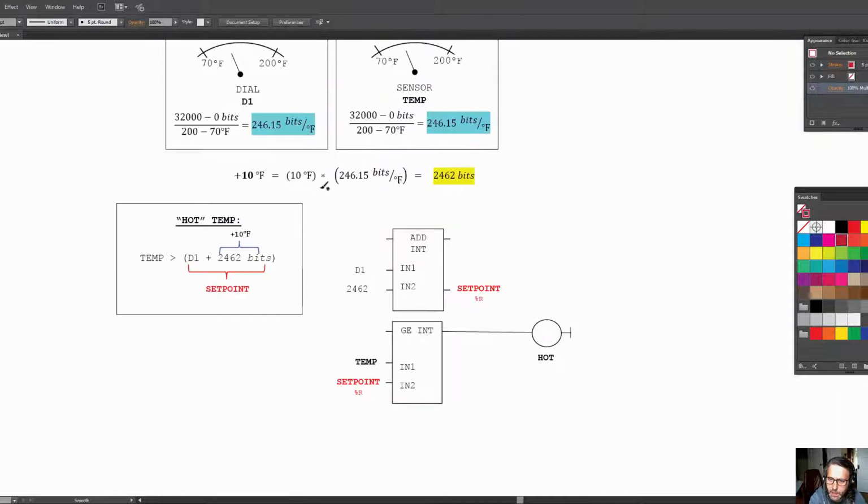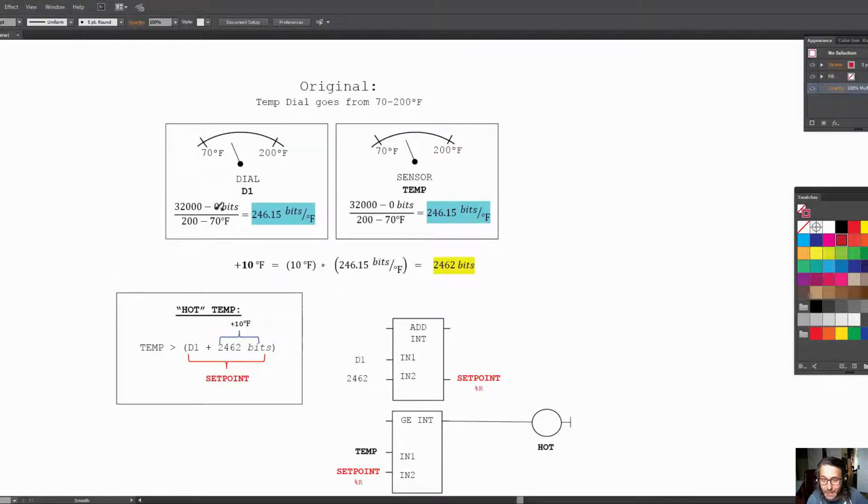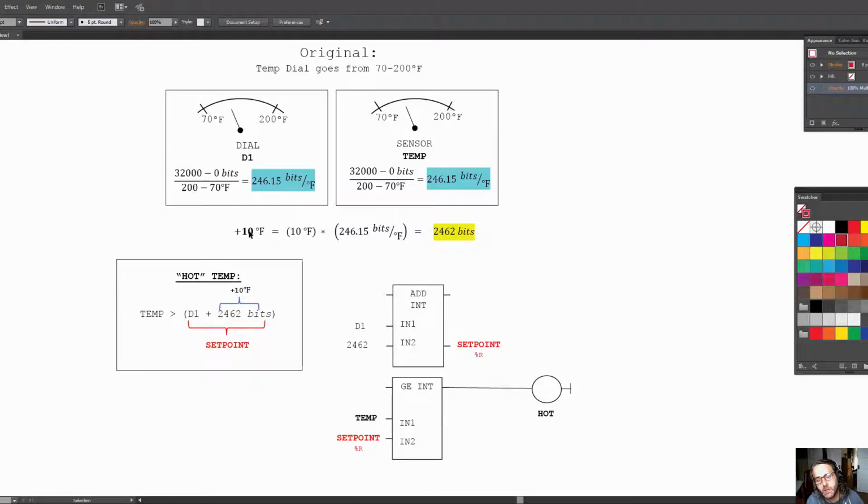So I thought it would be better to actually spend some time and make these notes without the tablet. So I've drawn it out for us here where the dial and the sensor have the same span and they have the same zero. So what makes this problem easy is they have the same number of bits per degree Fahrenheit, which I've highlighted in blue here. So if you remember what we did, the strategy was to